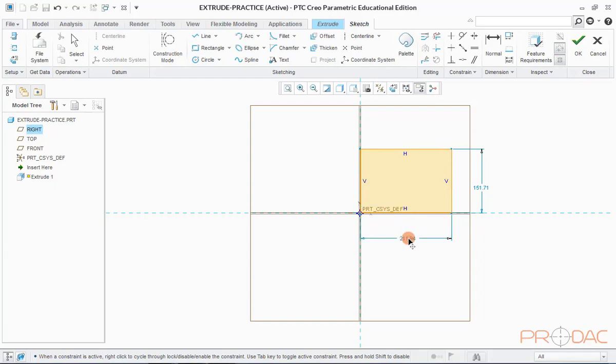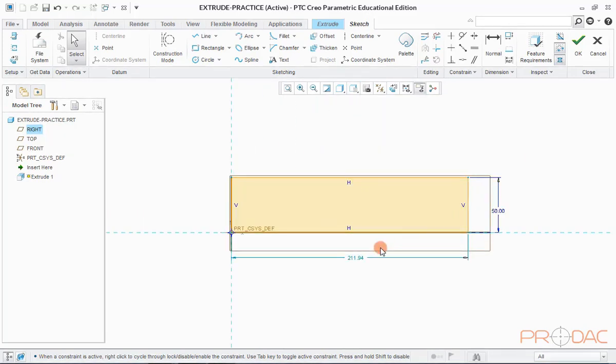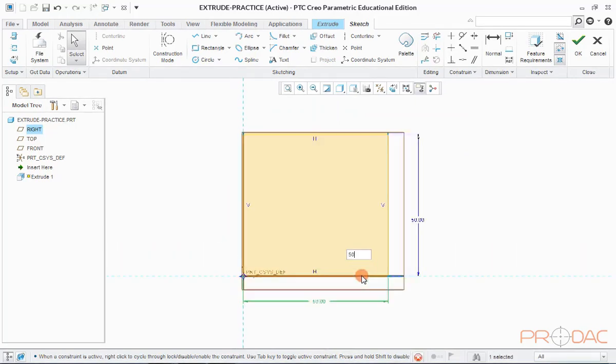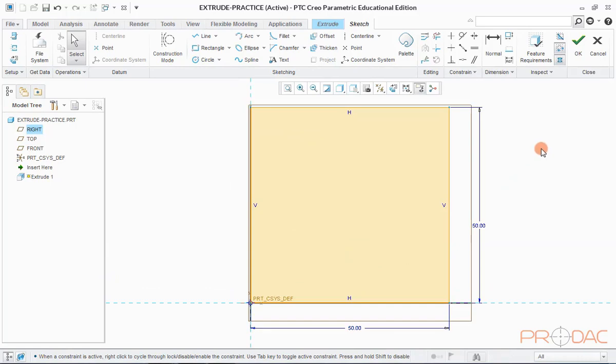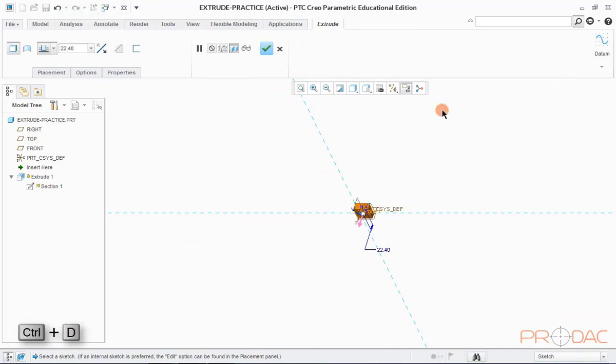Dimensions get populated automatically. We can change these dimensions as per our drawing by double-clicking on them. Press OK once everything is done. Press Ctrl+D to fit the model into viewing area.